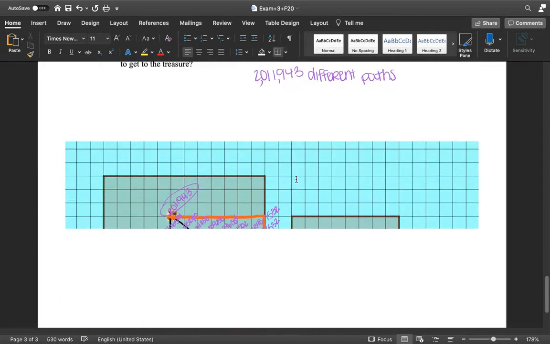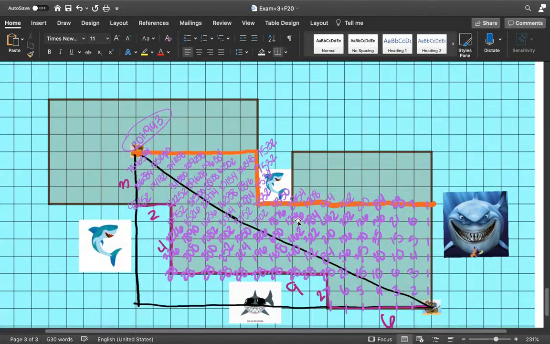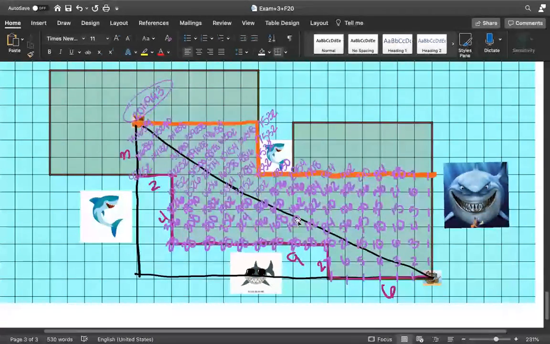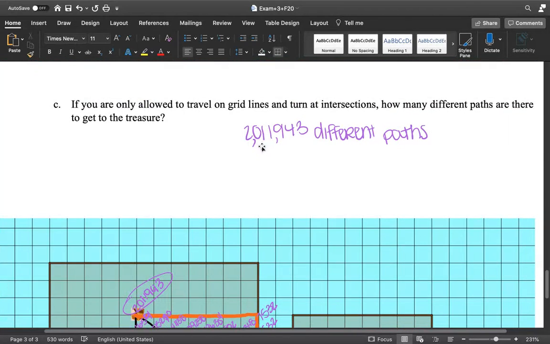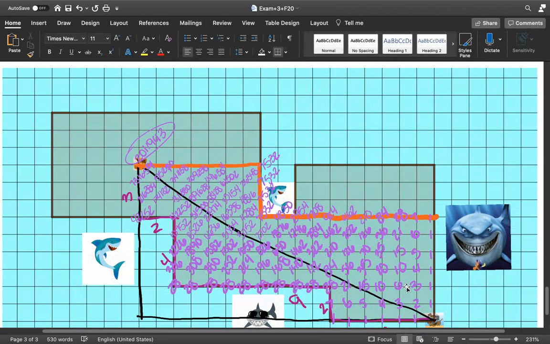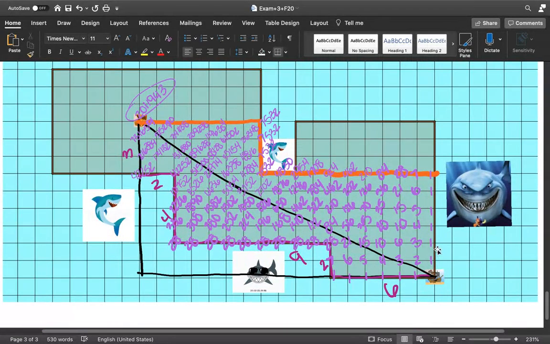And for C, I used what we found with the relationship between Pascal's triangle, and how up here you can only get there one direction, and down here you can only get there one direction. And then finding how many ways you can get to each point starting from this corner. And I found a total number of 2,011,943 different paths that you could take by using this formula here. So I just found that this distance